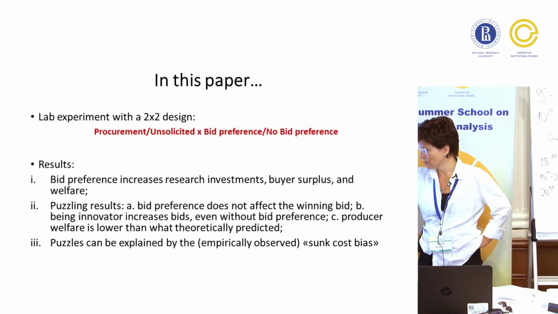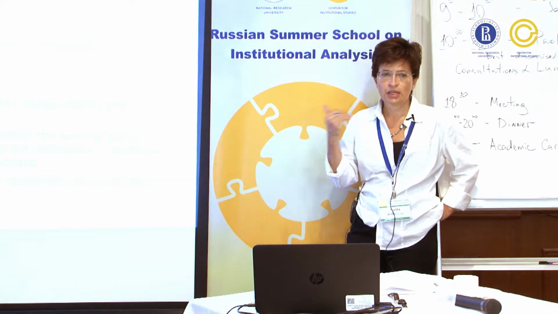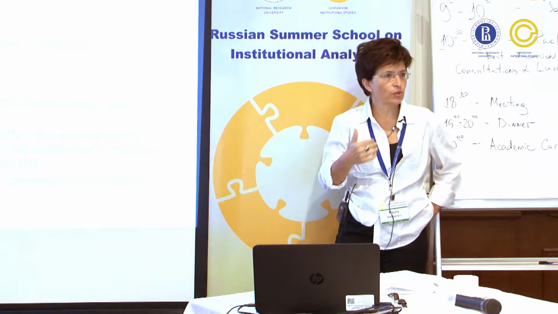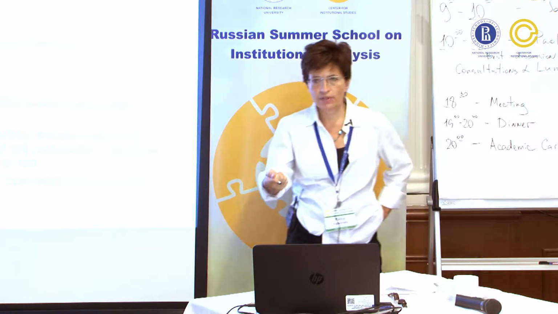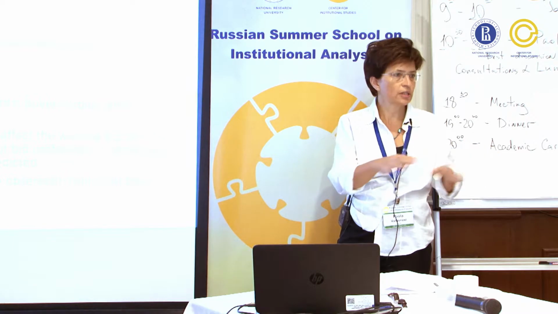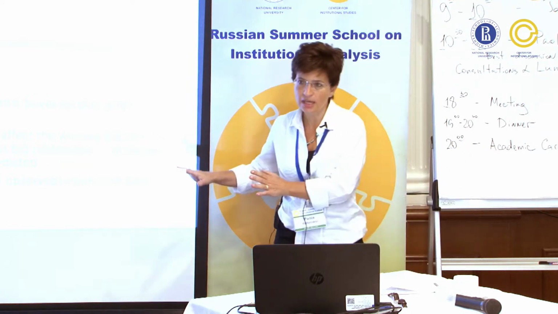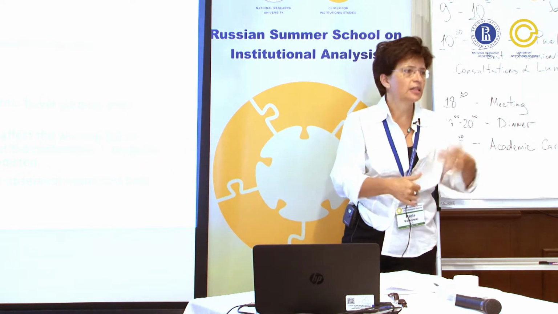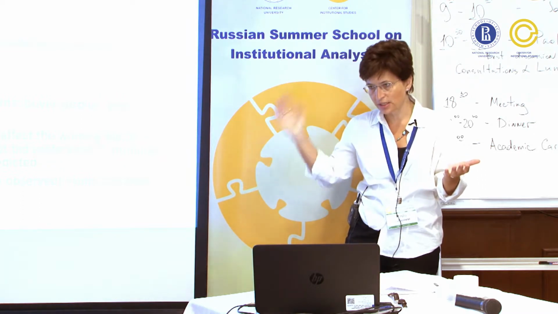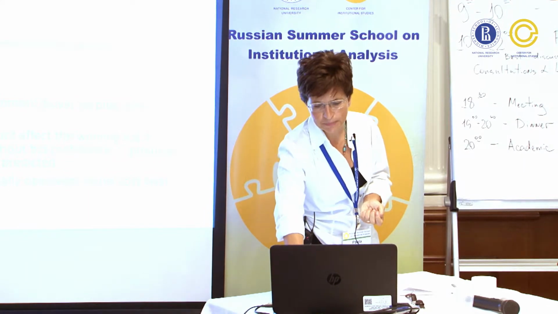Our main explanation is that these results are somehow related to what is called in the experimental literature a sunk cost bias. You will see in a while, but just to anticipate, the sunk cost bias is the way in which someone incurs a cost, and in a second period this cost should not affect further decisions because it is sunk, while you find that the decisions in the second period are somehow affected by this sunk cost from the first one.